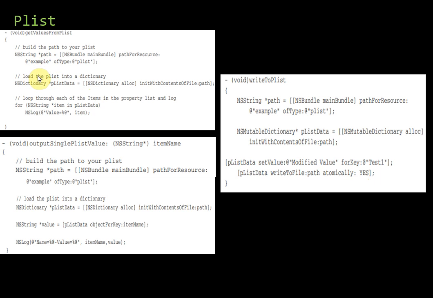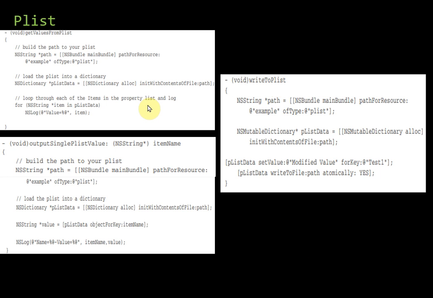So in that particular location, the data you want to write or the value you want to change, here with set value, whatever new updated value you give will be written. Okay, so this is about your plist. What is this plist? Plist is nothing but it is called a property list. It is used for offline storage, that is, if you want to store some data in your device, then you can go for this plist.